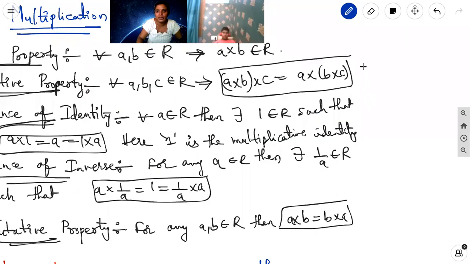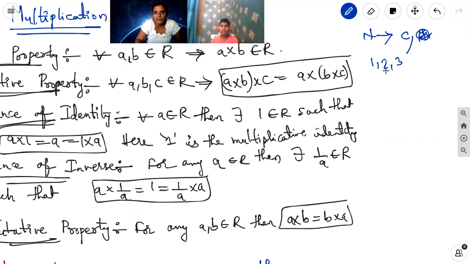Now we are discussing the number sets. The natural number set satisfies the closure property, the first property, and the associative property also. Why? Because if you select any three numbers, 1, 2, 3, then 1 into 2 into 3 is 6 on both the left side and the right side. The 6 is an element belonging to the natural number set. We are choosing numbers from the set and checking whether the product belongs to that set or not. Exactly, it satisfies.